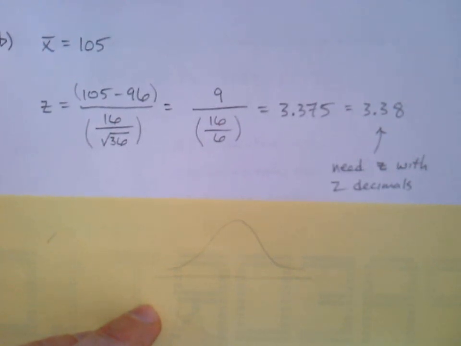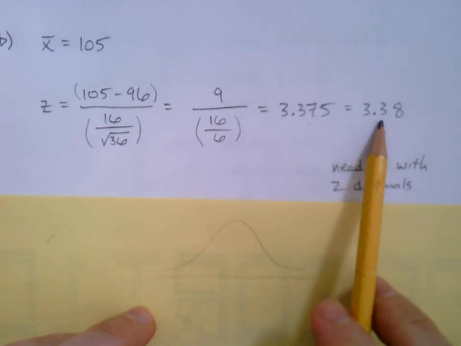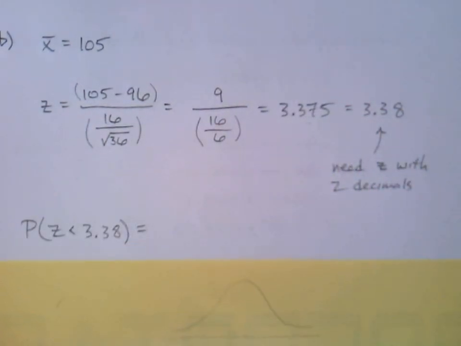And I'm just going to do that again myself. 3.375, okay. Since this is a z-score, and we're using our tables, we have to round that. We have to round it to 2 decimals because that's what our table provides. Okay, so we want to think of this as 3.38. Then, really, same idea. We're going to check out our table. Again, it's a probability less than, and we're going to look up 3.38.